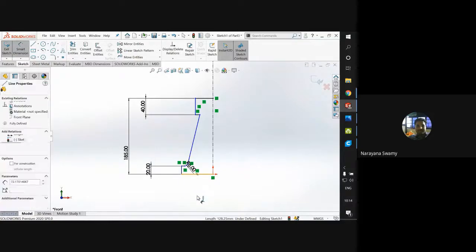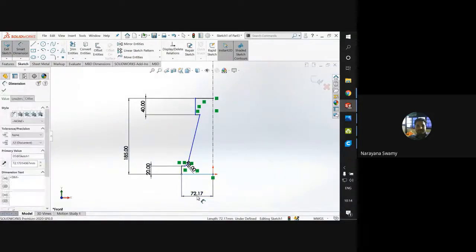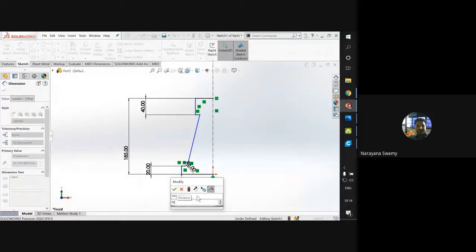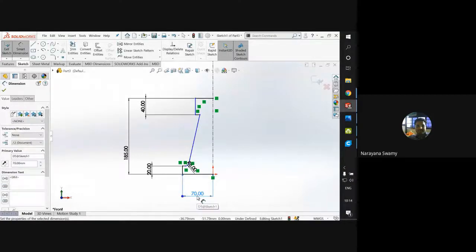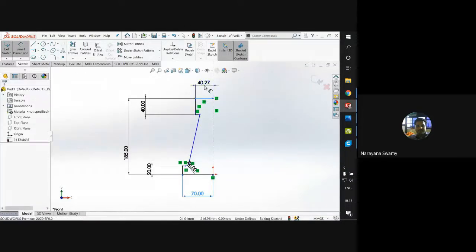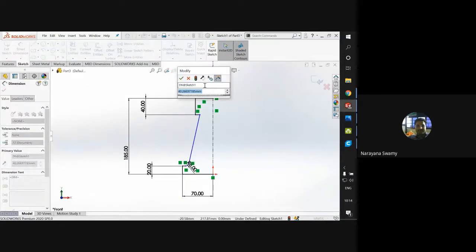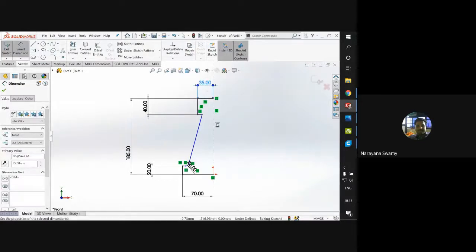This line corresponds to 140, so divided by 2, we'll take it as 70. Then for the upper part, where the diameter is 70, we'll give it as 35, divided by 2. Okay, so we got this one.